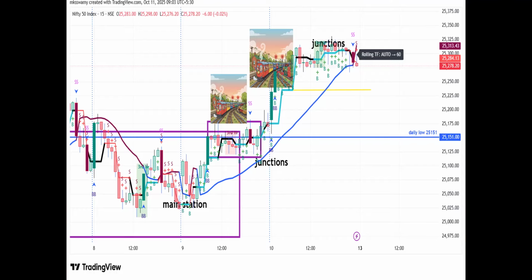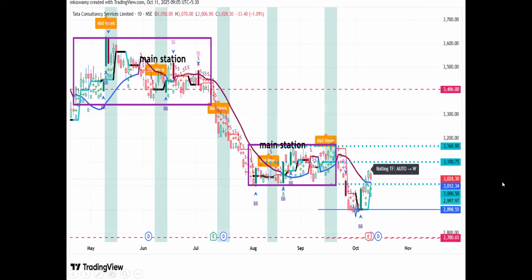It documents everything for you. You can mark visually where the junctions are. You can see junctions are the places where the Gan Hilo as well as the pivot have flipped between the colors, red to green, green to red, like that. Even the pivots flip between red to black, black to red, like that. Mixed feelings you can see over here.